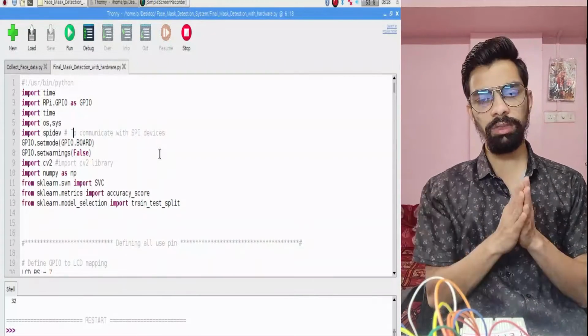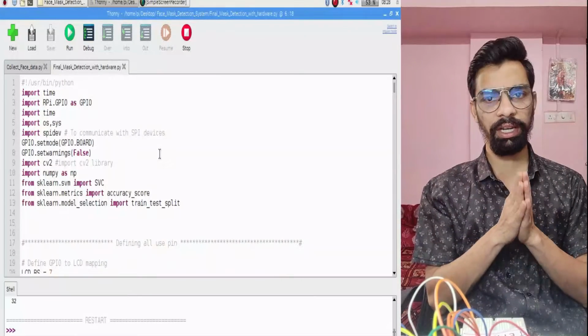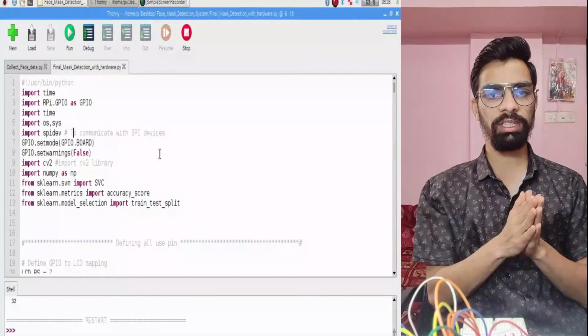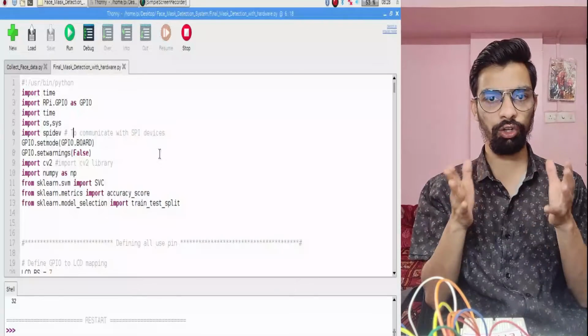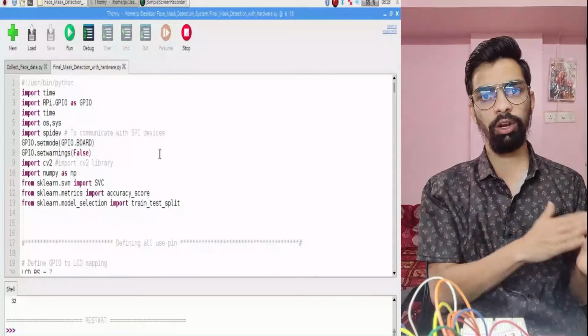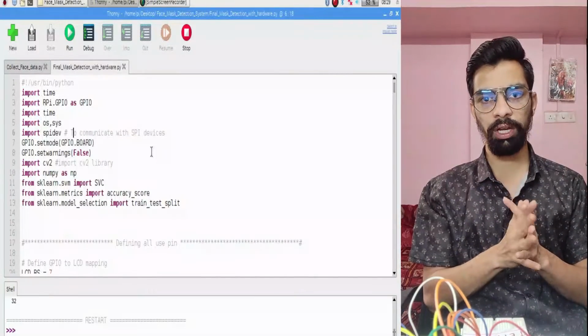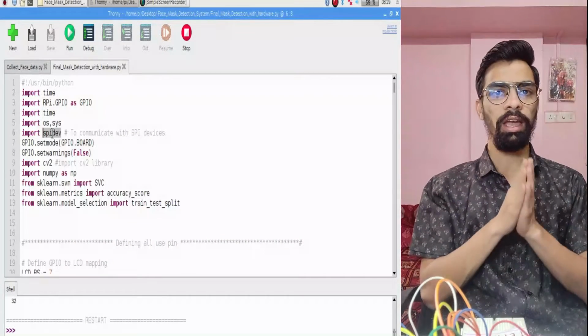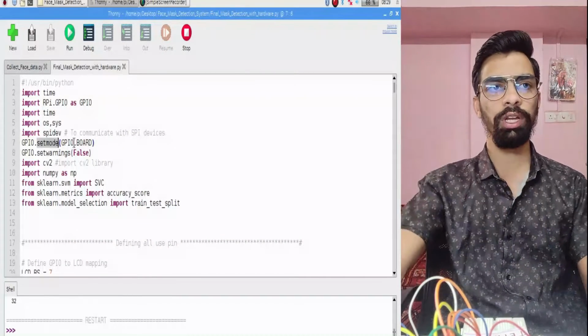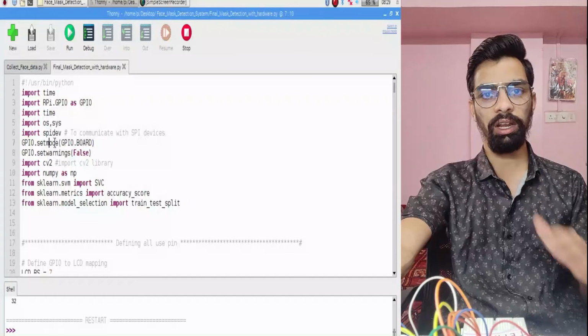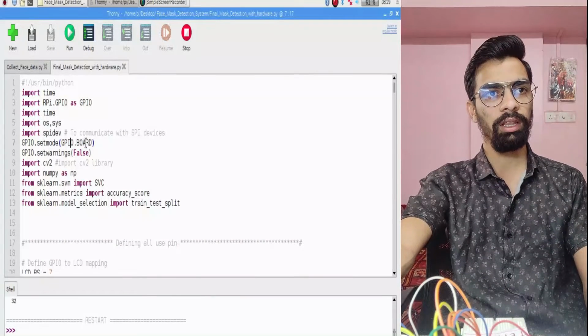Raspberry Pi does not have an inbuilt ADC. So whatever data your temperature sensor sends needs to be converted from analog to digital form, and that conversion is done by the external ADC IC. And to access that ADC IC, you require SPI communication, and for that you require this library. Then